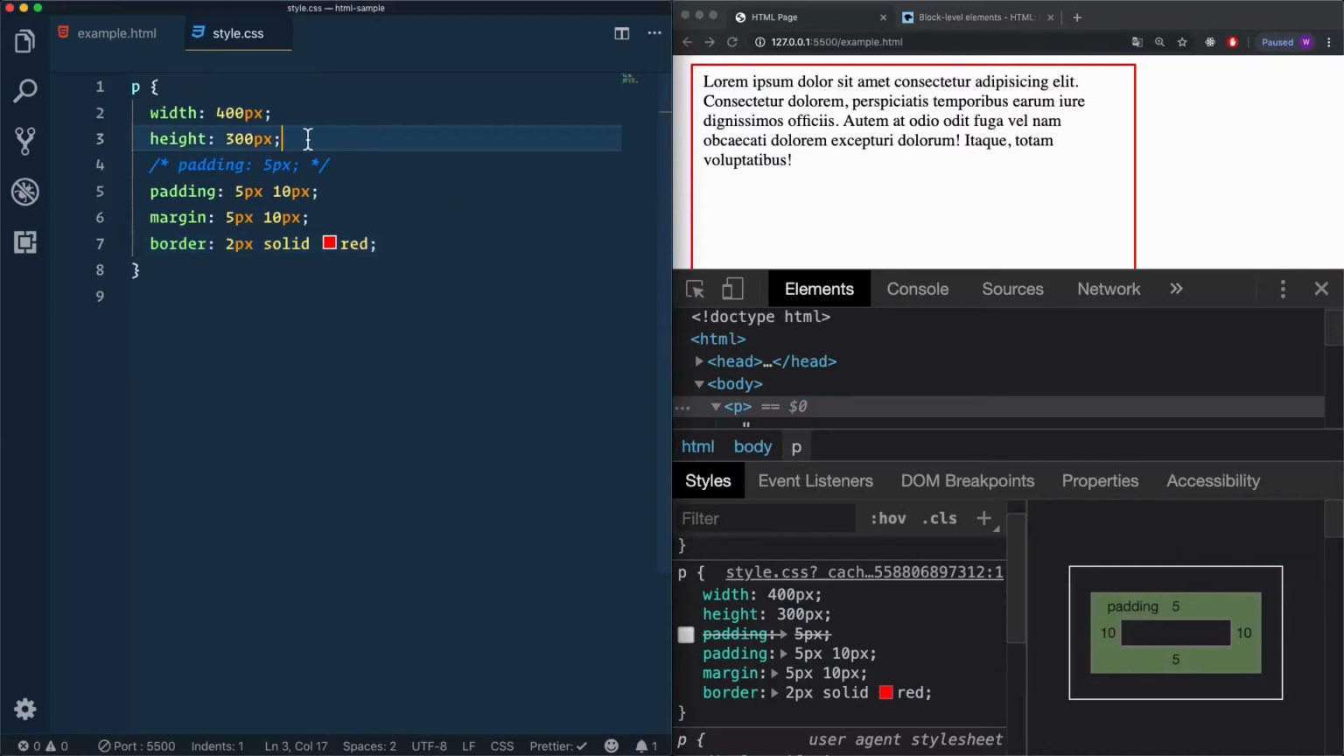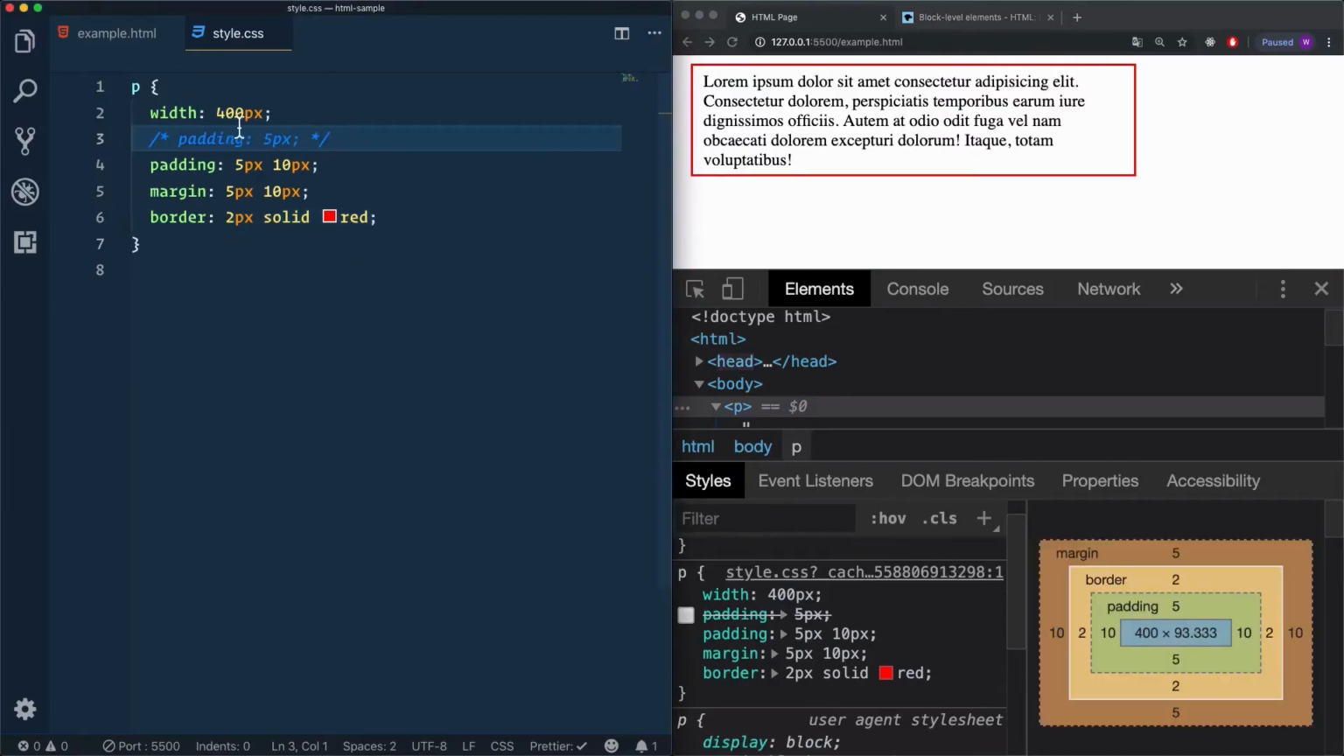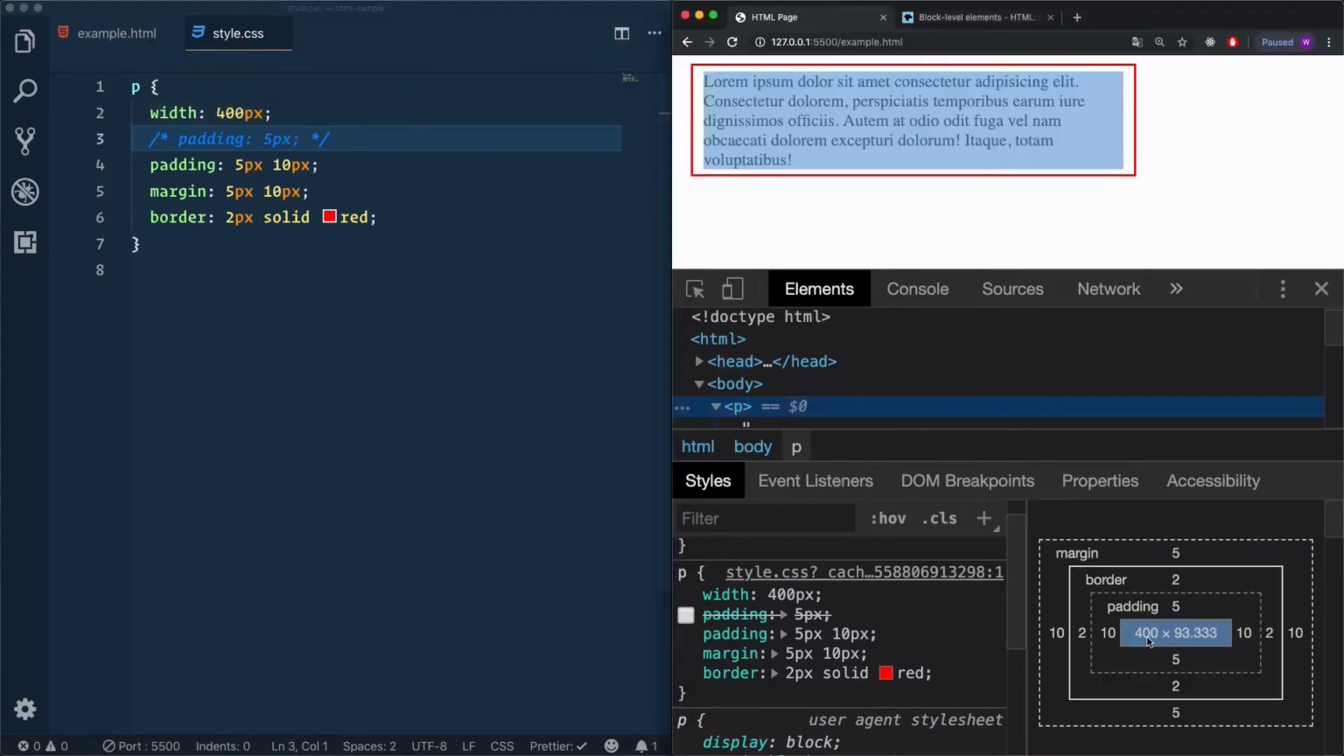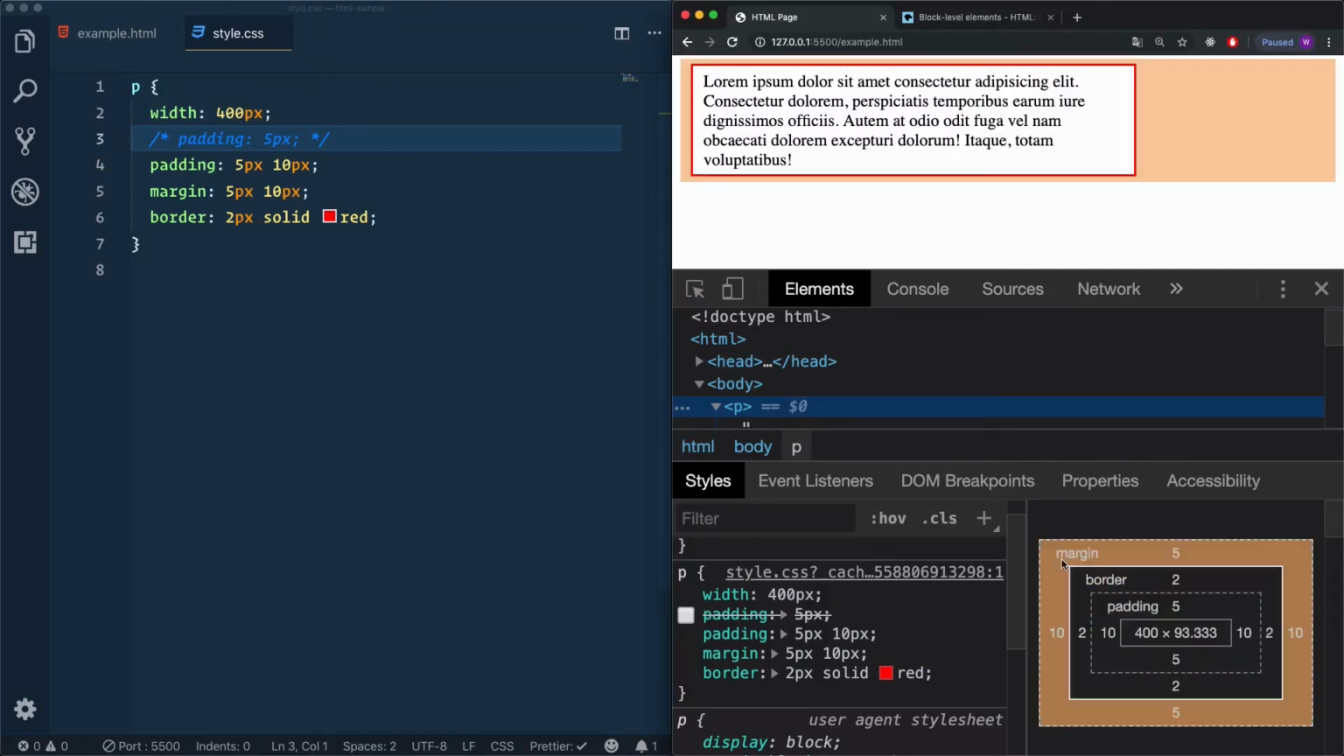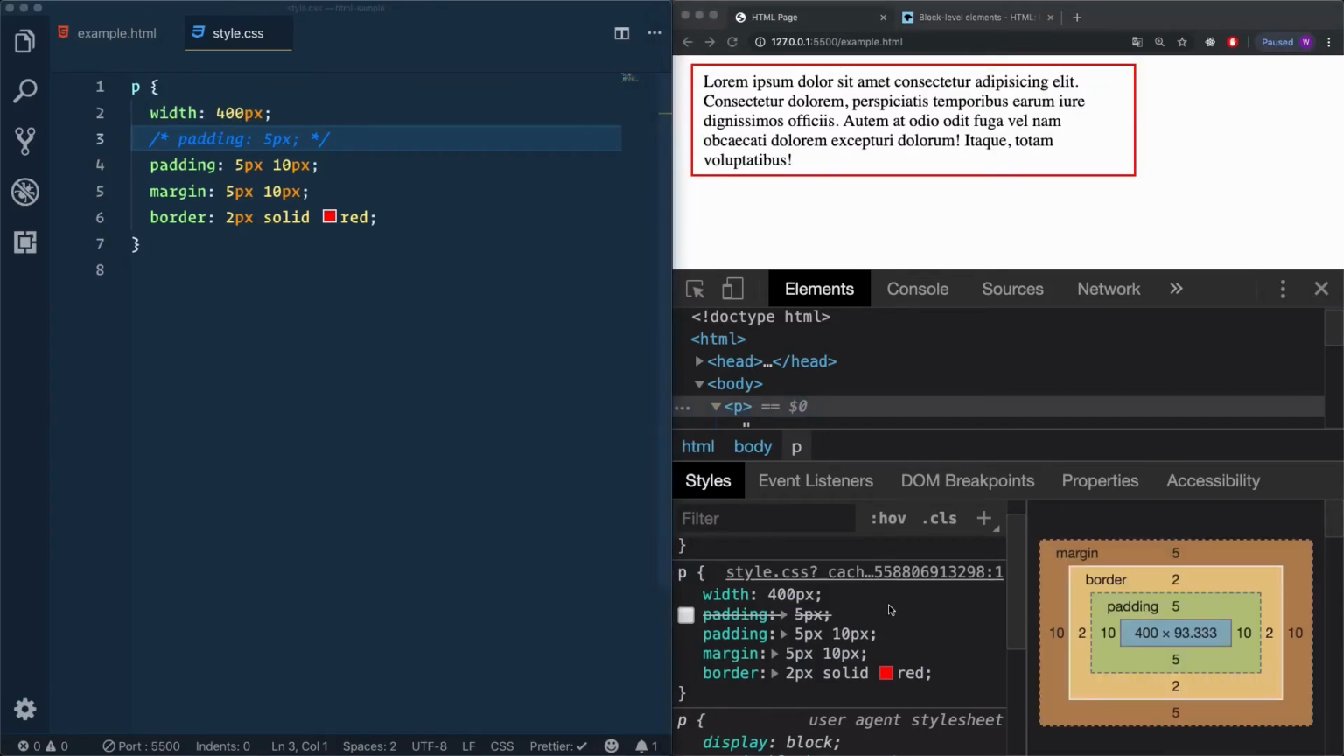Okay, let's just remove this height right here. Keep it like that, 400 pixels to see all of them. Now, width and height, padding, border, and margin. You have this possibility to select padding and margin from this part from CSS, padding and margin, without even going